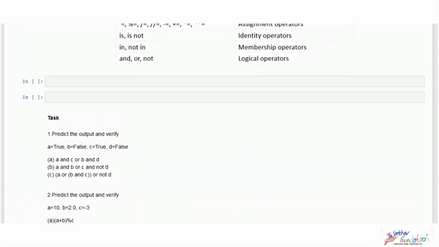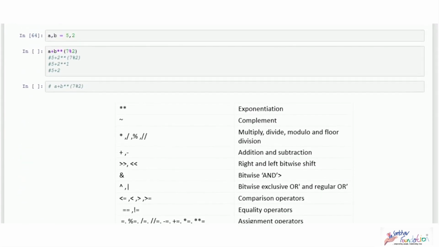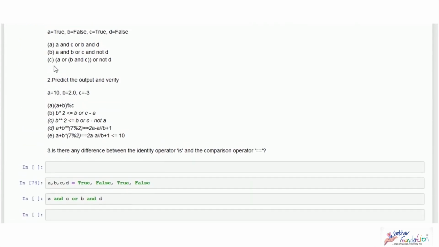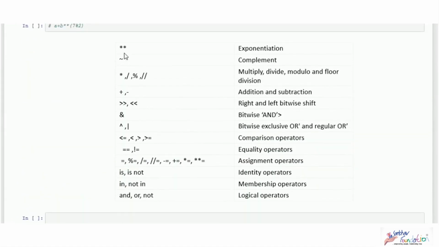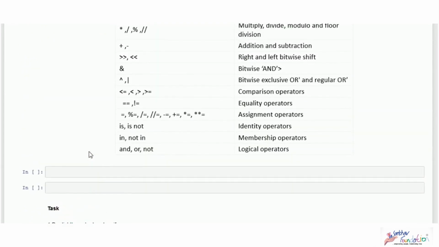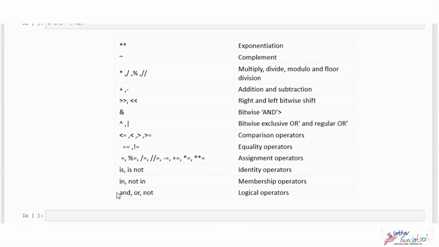So if we go back to your operator precedence, as I said, first anything within brackets is evaluated. Since we don't have any brackets in this case, it is fine. We only need to check here, and again we are only using AND and OR operators, so we are only going through logical operators. In that, first AND is executed, followed by OR, and then NOT is executed at the last.